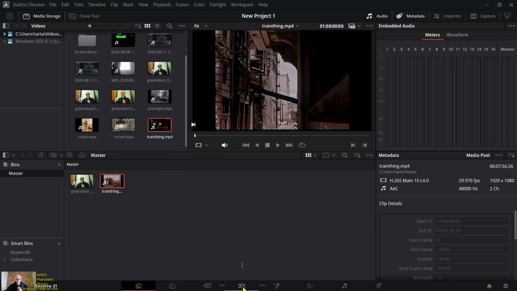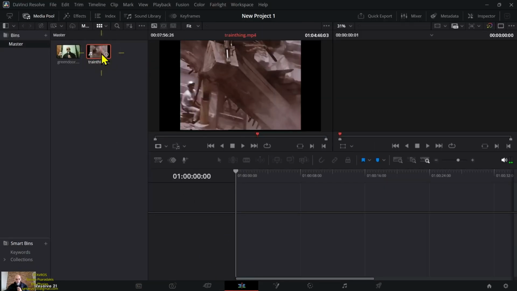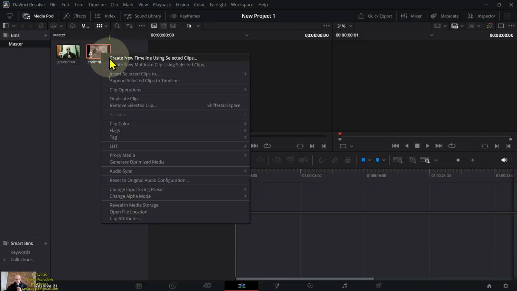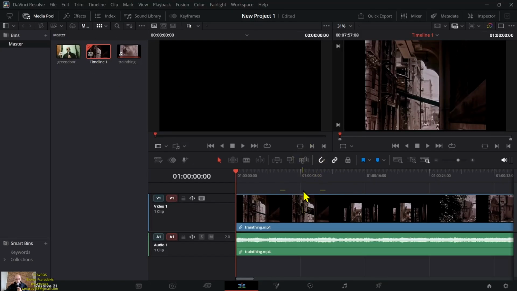Now go to edit page, left click edit, left click, right click, create new timeline, create. Okay, so place your background video onto the timeline first,